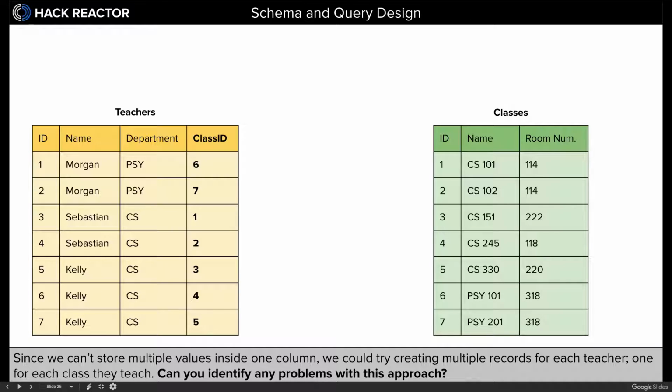Since we can't store multiple values inside one column, we could try creating multiple records for each teacher, one for each class they teach. Once again, we're running into a problem where we're entering unique keys for the same person in the same department, where we're just associating that one key and changing it at the end. So obviously this once again runs into the problem of if you have multiple teachers with multiple different majors or departments and you're trying to keep track of everything that they're teaching, you would have to go through and try